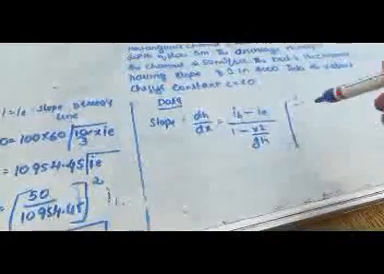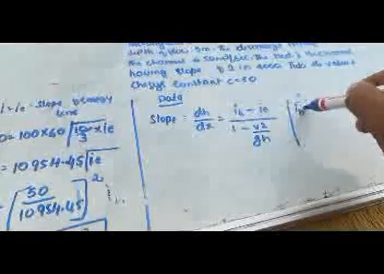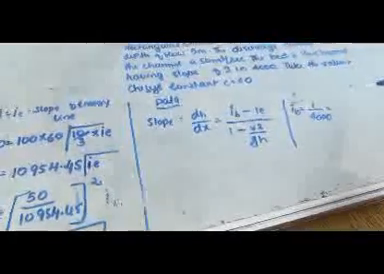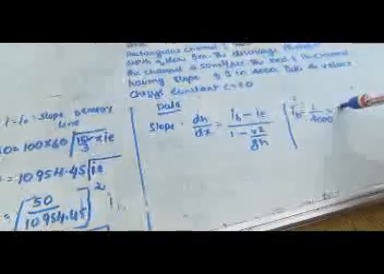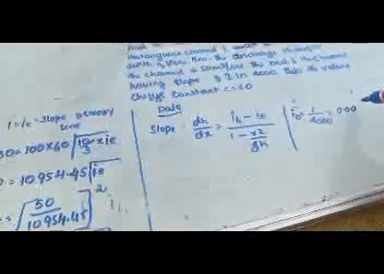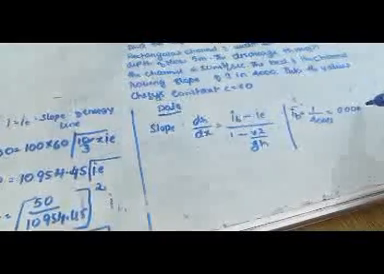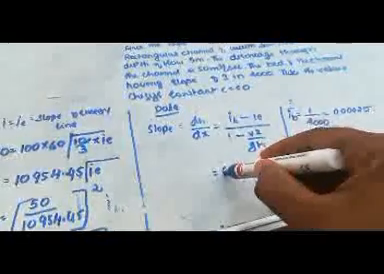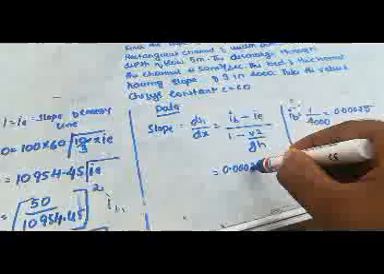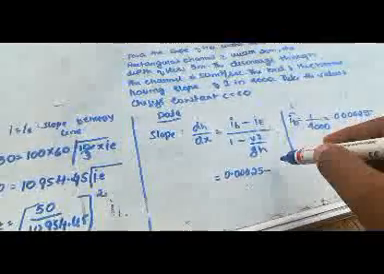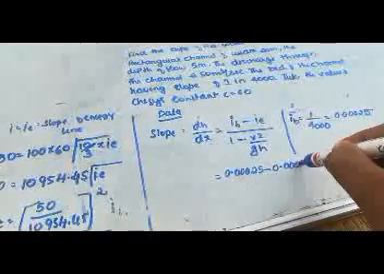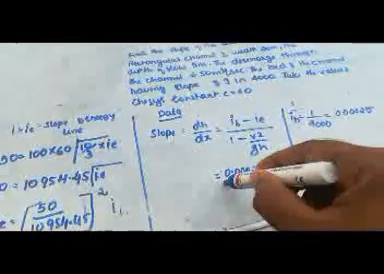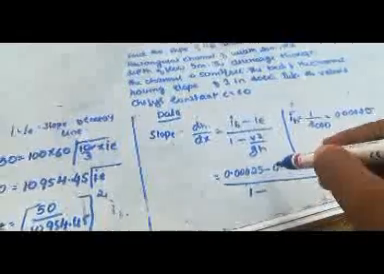The bed of the channel is having slope IB equal to 1 divided by 4000. So that answer is 0.00025. So you can write it as 0.00025 minus 0.000208 divided by 1 minus